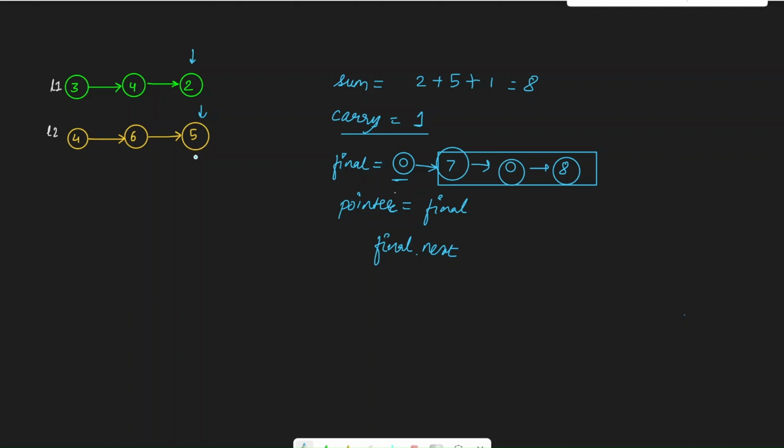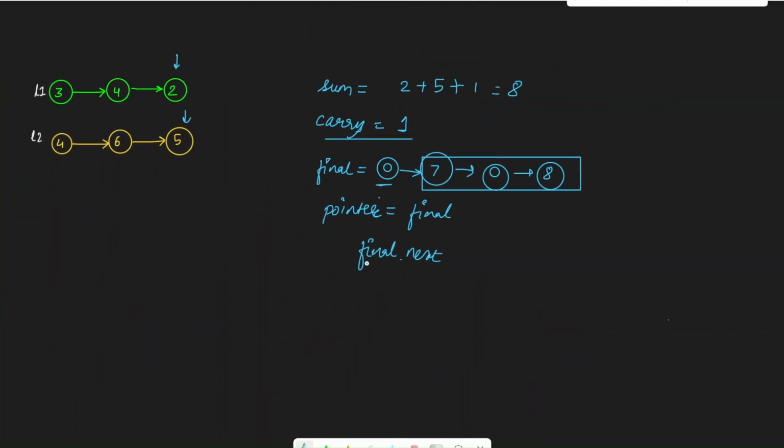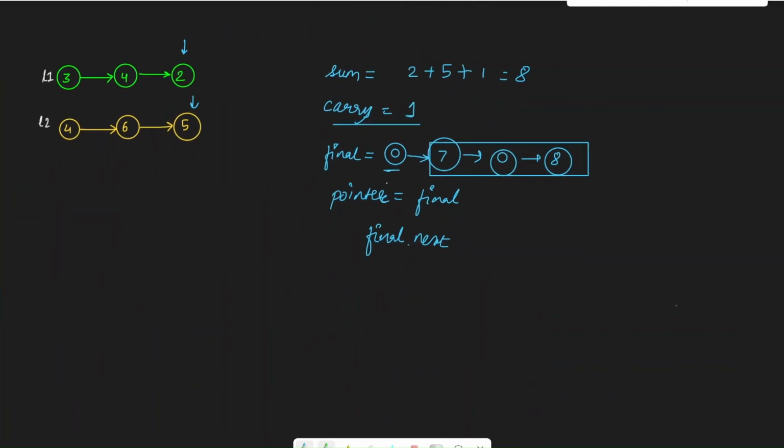And the second scenario is, what if the resulting linked list is bigger than both of these linked lists because of the carryover? So if you look here, our carryover was 9 plus 1, 10. Our resulting list was bigger than both of these linked lists. It was 3 digits and here there were 2 elements. So we have to handle this as well. So let's try to take an example for this.